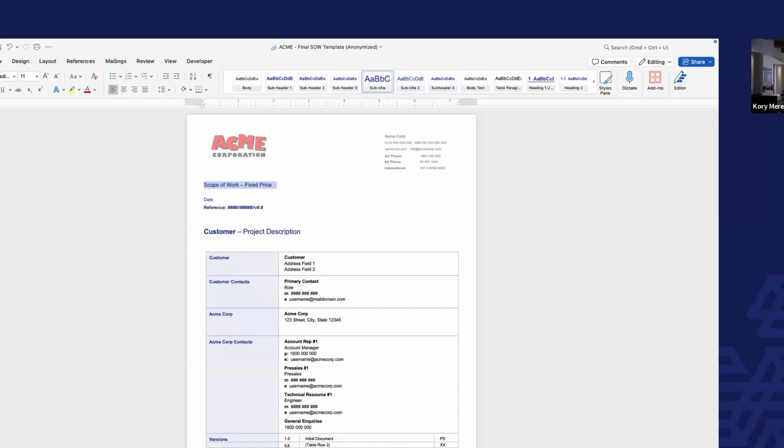As we go through this, what I'd like to do is just focus on 5 or 6 key things that this scope has, whether it's a problem or something that needs attention, that are probably common problems that a lot of service teams run into in pre-sales. And so, first of all,